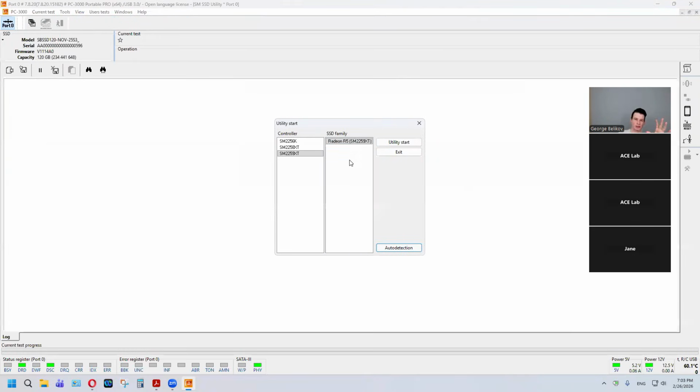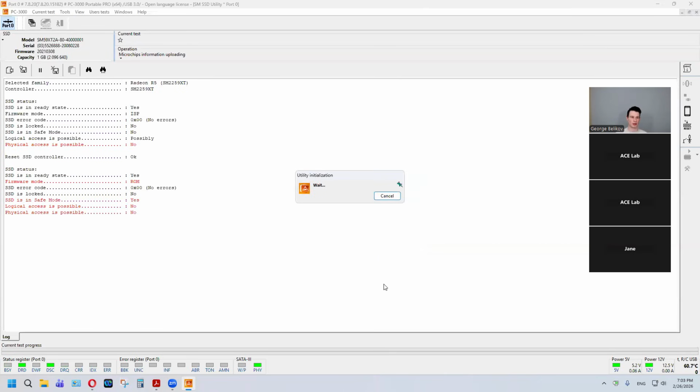So don't pay attention to what exact family you are using, because Silicon Motion is the controller that can be used on a lot of different SSDs. It's not that important to find the exact utility compatible with your drive. As long as this utility is based on the same controller, it will be fine. So we are launching